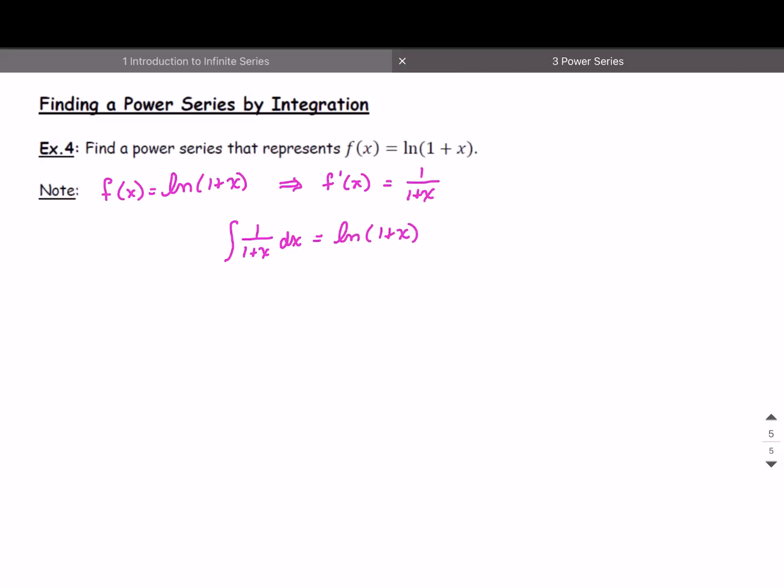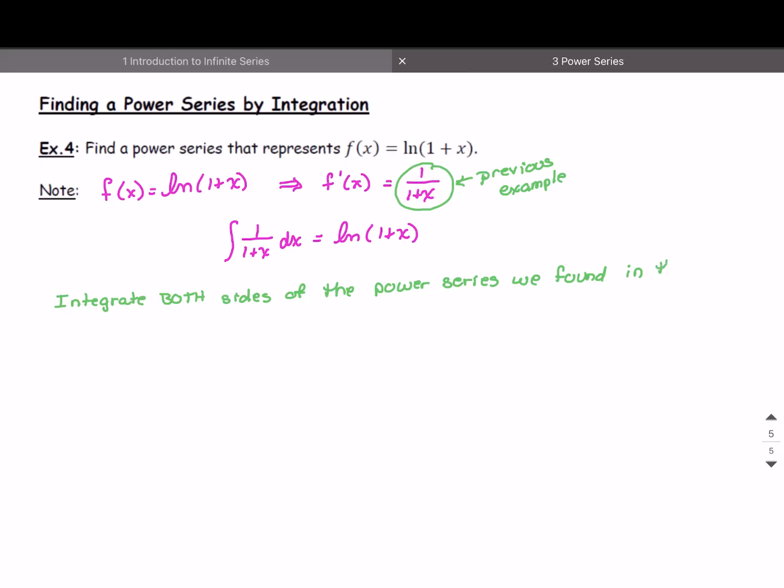Now, this function here should look familiar. That's what we just did in the previous example. Yes? That's the one that we turned into a power series. So we know that as a power series. So what we're going to do is integrate both sides of the power series we found